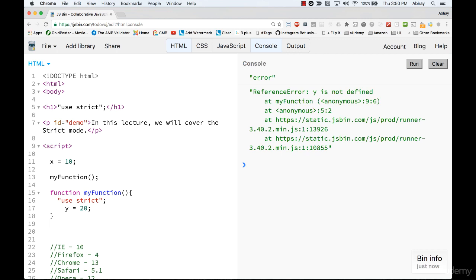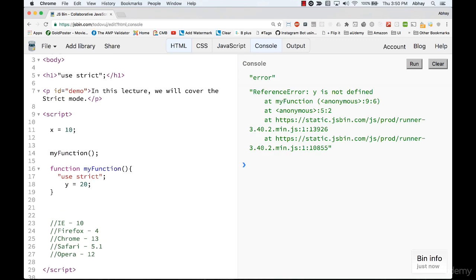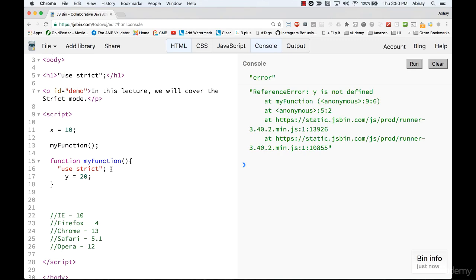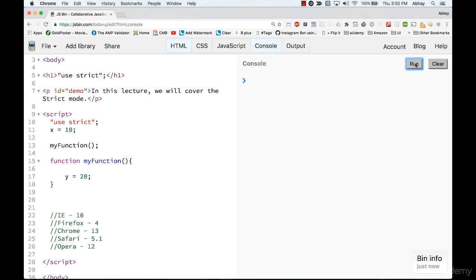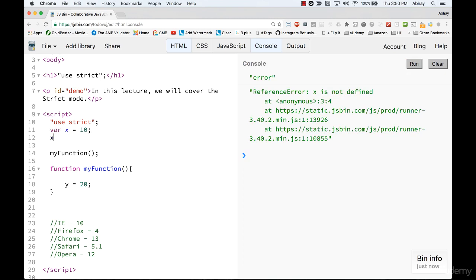Now let's see some of what I just mentioned in an example. We have already seen the variables. Let's quickly see what happens if we have an object. So let's move this use strict to the top. Let it yell at x. We already have seen this, but I'll just show you again. So it's for the variable. x is not defined. Let's define it. Let's give another variable x1